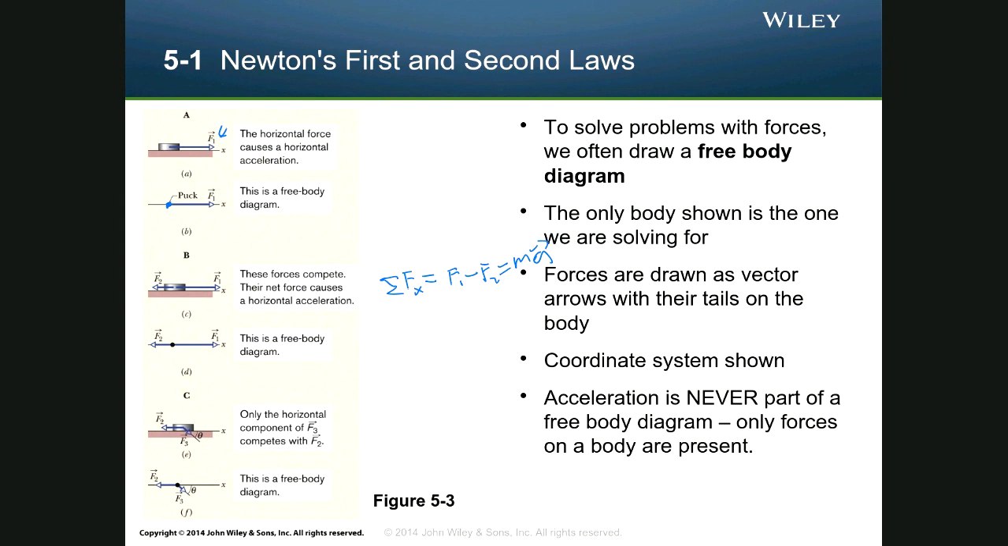Now, let's look at C here. All right, situation C. So now you'll notice we have F2 and F3. And now F2 is still pretty simple, but F3 has got a little bit of X and a little bit of Y. And so what we do here is we would sum the forces in the X direction here. That's going to be equal to